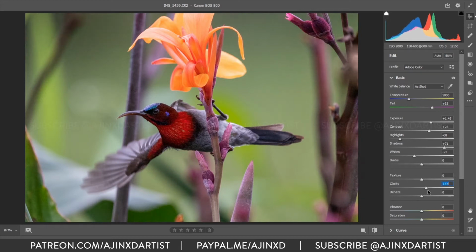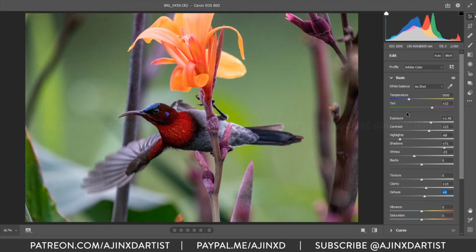Clarity maybe a little bit, and dehaze to sharpen the image. Dehaze also changes the temperature and tint a bit, so you can see if we go into the negative, the image becomes a little warmer, and if we go in the positive, it becomes a bit cooler.